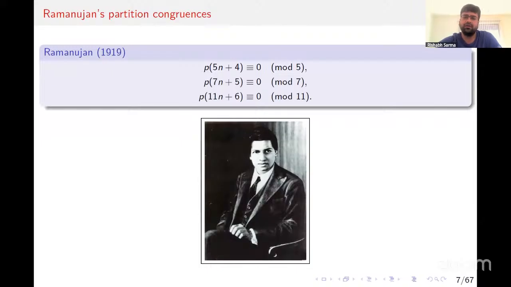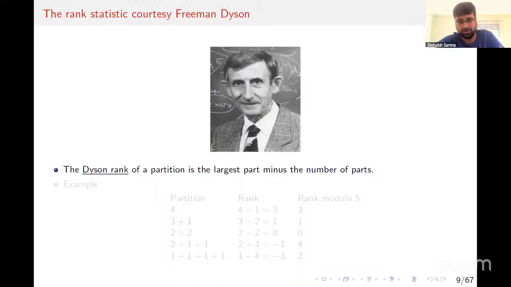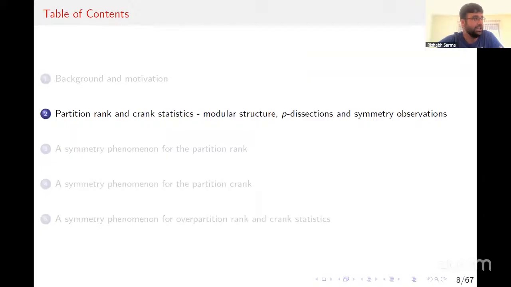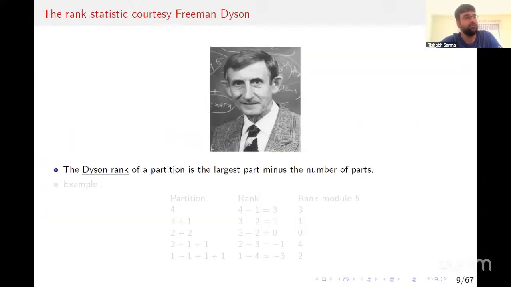That takes me to the celebrated concept of Ramanujan, which I think almost everyone has seen. Any talk in the theory of partitions and q-series, I think, begins with these congruences found by Ramanujan and also proved by him in 1919, where he states that the partitions of 5n+4, 7n+5, and 11n+6 are divisible by 5, 7, and 11 respectively. And although in his paper, Ramanujan gave a proof of these congruences, a combinatorial interpretation of these congruences was missing until Freeman Dyson came into the picture in 1944 as an undergrad at Cambridge University.